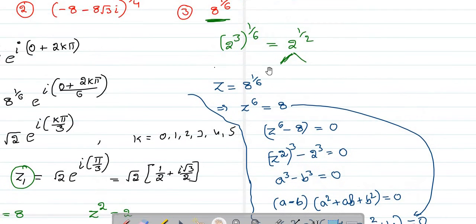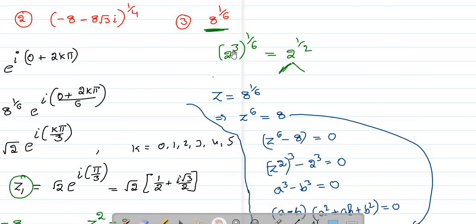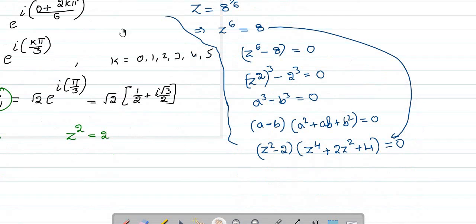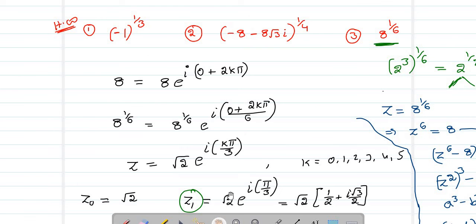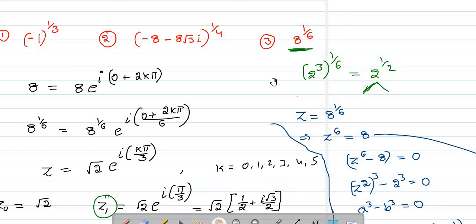Suppose you simplify directly, like if you simplify it to z power 1 by 6, it means you're actually neglecting this part. You're actually neglecting z power 4 plus 2 into z square plus 4. It means you do not get the full solution if you solve it this way. If you solve it after simplification, you do not get the full solution. This 8 power 1 by 6 has 6 solutions, that is for sure. But if you simplify it, you're actually taking just 2 solutions of it. But how about the rest?